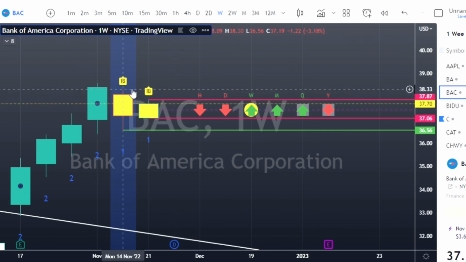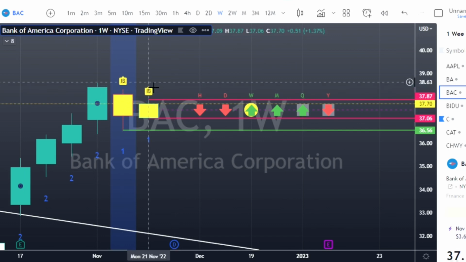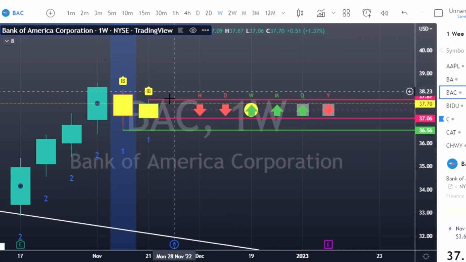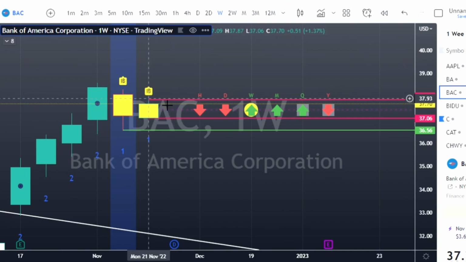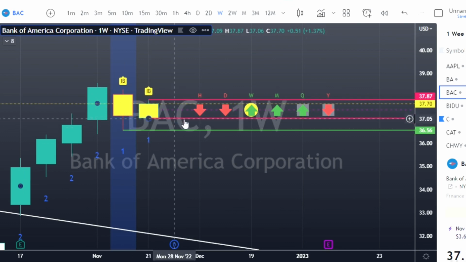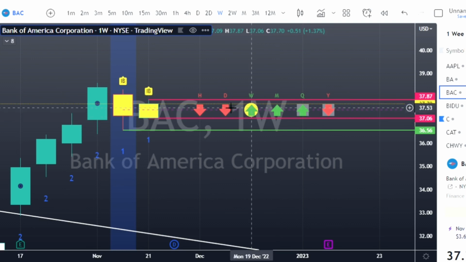Your first target is at 38.31. Now again, that's only 40 cents. So it's not a lot, but it's really going to teach you the nuances and how to play this and how to trade this. Because worst case, let's say we trigger to the high side and you use the trigger to the bottom side as your stop loss. Well, the most you're going to lose on this trade is 81 cents. So it's $8.10 is the most you're going to lose if you buy 10 contracts. That's it. That's the most you're going to lose is $8.